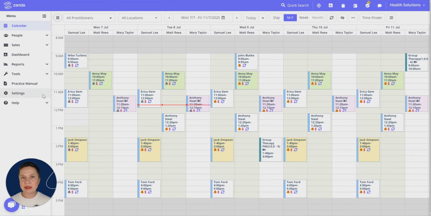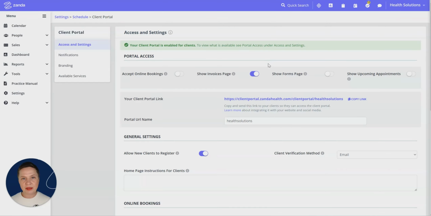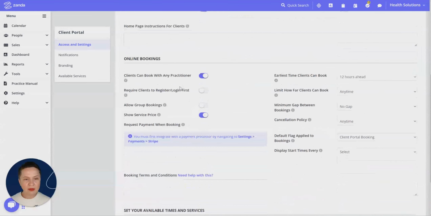So let's go to our settings menu and find the client portal in the schedule category here to enable the online bookings for your clients for your group services. So the first step is to ensure that the accept online booking switch is turned on here at the top. And now we'll scroll to the online booking section of settings and make sure that the allow group booking